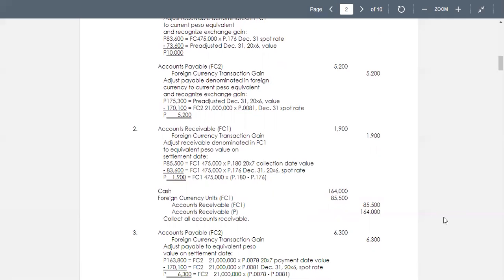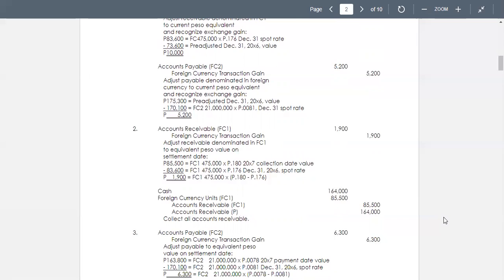So we now debit to accounts payable. That's in connection with FC2. Debit to accounts payable, and we first credit to foreign currency gain in the amount of 6,300. If our FC2 of 21 million times 0.0078. Okay, for FC2, for 20x7,